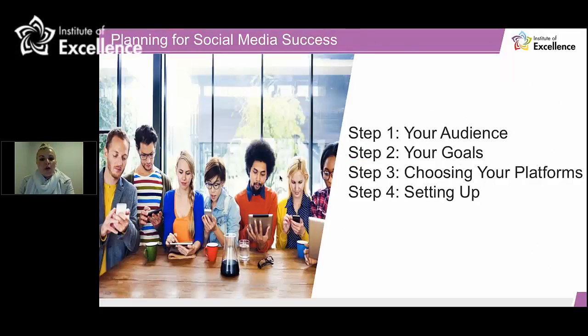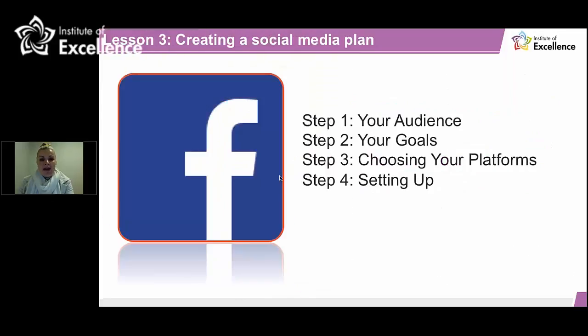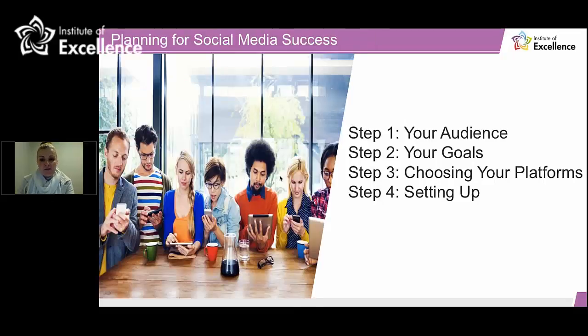When it comes to having a plan, we really want to identify our audience, identify our goals, and identify our platforms, Facebook being a key platform, and what you want to look at when you're setting up a social media plan specifically for Facebook.